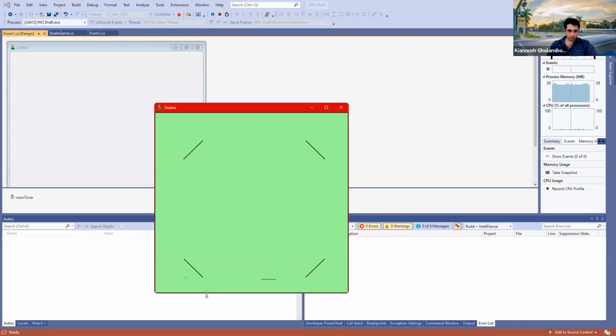And also, I cannot hit the four walls around the whole green field. After eating 10 red dots, which I call apples, after eating 10 apples, the speed in which the snake is moving